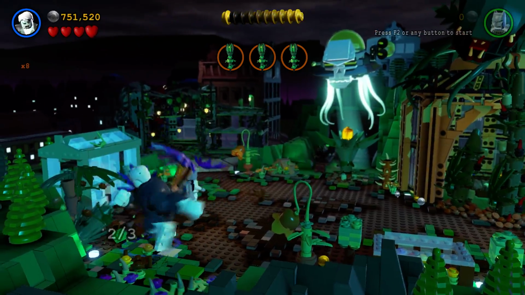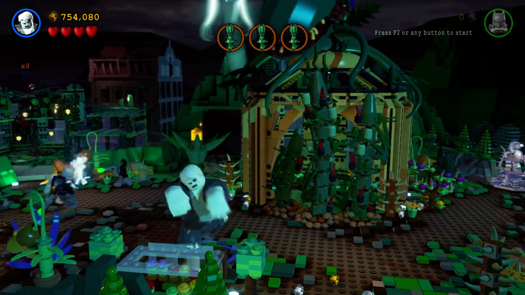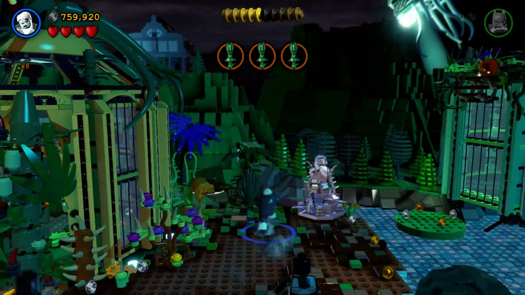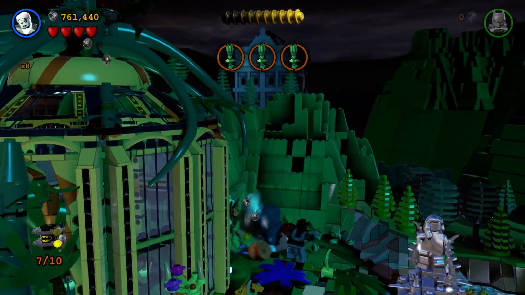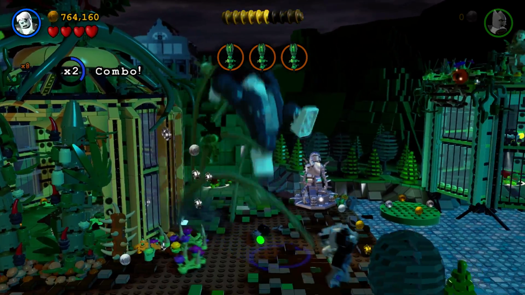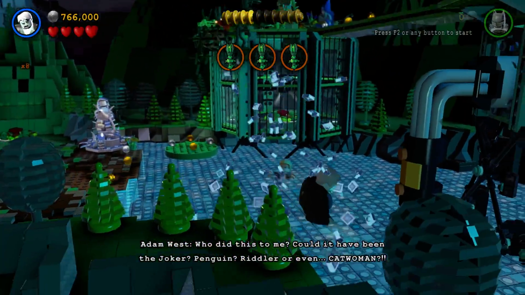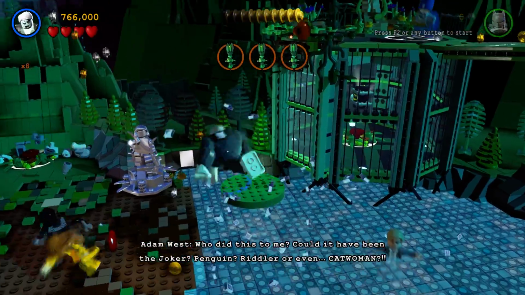Try to break some of these plants. There's a kit over there. Need to save Adam West. There's a section over there. There's something nice about clearing off an area, though. Interesting. Could it have been the Joker? Penguin? Riddler? Or even...